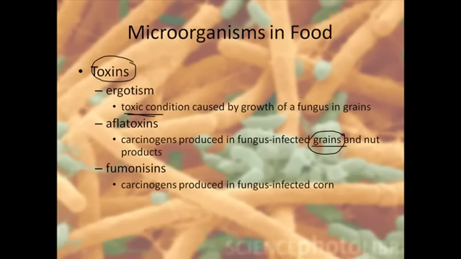we need grain materials to produce different products. So if the grain materials are affected by some fungus, this fungus can produce some carcinogens. Carcinogen means those materials which can induce cancer in our tissues. So these carcinogenic toxins are produced by some fungi. We call them the aflatoxins, which can enter our body and make us sick.